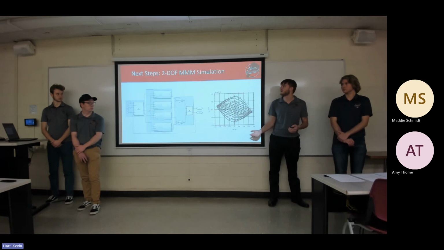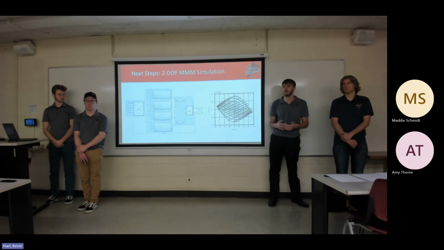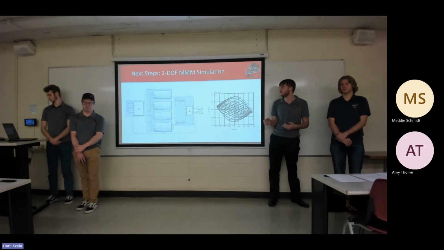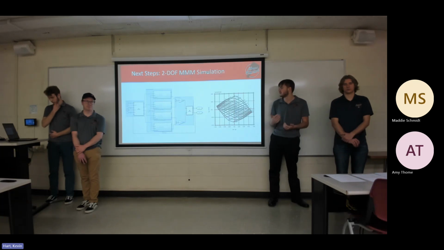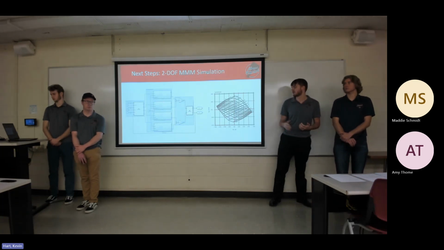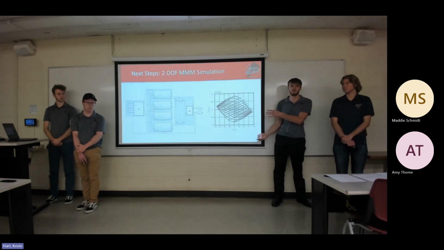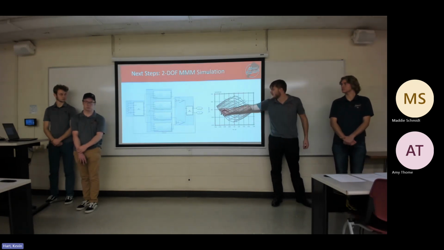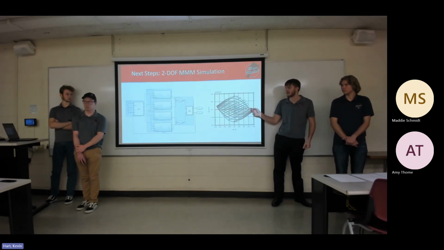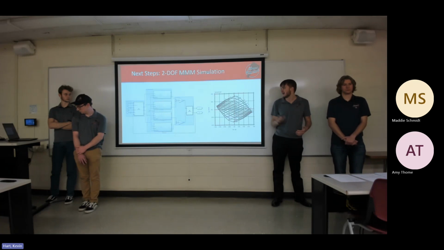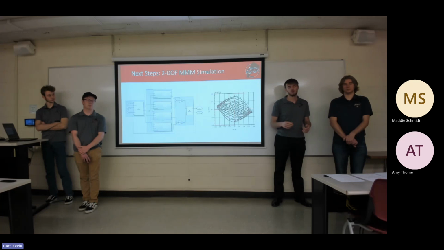Along with that tire data, we are also able to create a 2 degree of freedom Milliken Moment Method simulation that relates side slip angle and overall steering angle inputs to the moment produced around the center of gravity of the car, along with the total overall acceleration, to be able to produce a graph such as seen off of Packville's car that we were able to take for this example closest to me here, where you can see when the car is at trim, which has 0 moment around the center of gravity of the car, we are able to see how much lateral acceleration we can pull out of the car. And by taking the Simulink model and adjusting our total lateral load transfer distribution, we're able to find